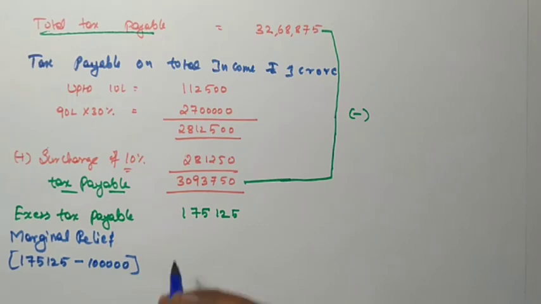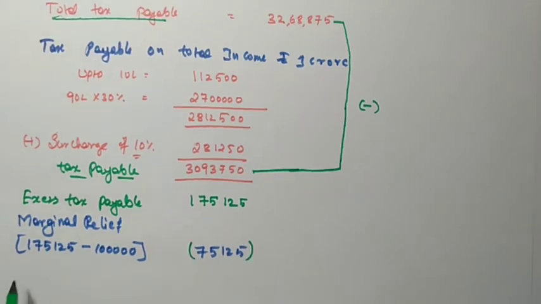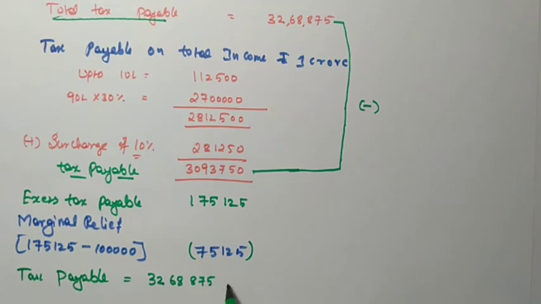It comes to 75,125. Tax payable, 32,68,875 minus 75,125 is equal to